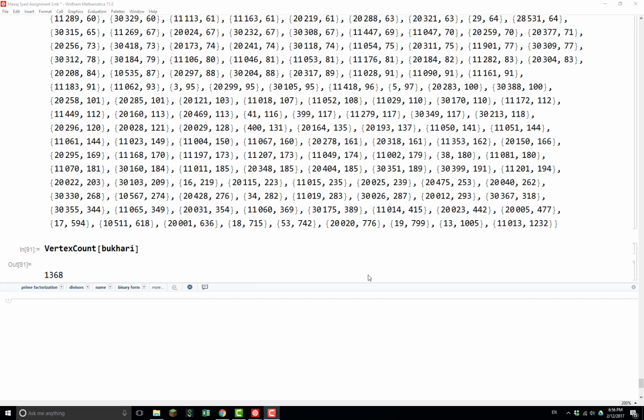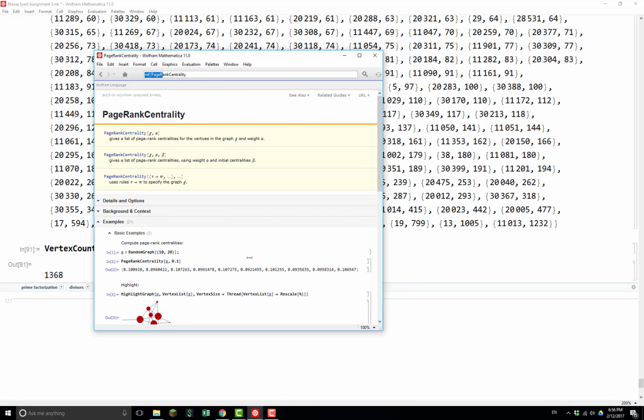You have to automate it somehow, and then you have to develop effective ways to identify those vertices and those relationships. And there are a wide variety of such algorithms and computations that are available, and Mathematica has allowed us to do a bunch of them. So let's take a look at some of them. And what I'm going to have you do is use two of them, betweenness centrality and PageRank centrality. Let's take a look at,